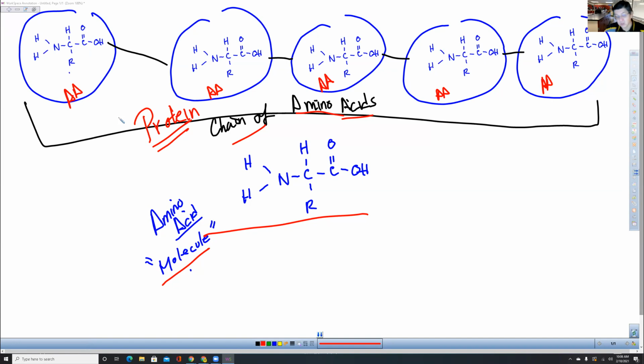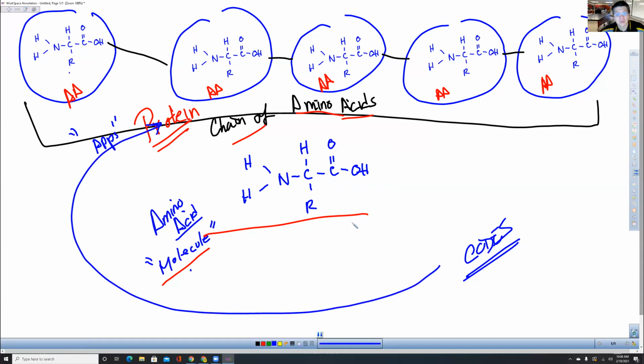We're good? Okay, so now here's the other part, right? We talked about proteins as being what? What do we compare them to in your cell phones? Apps. Apps, right? And so if proteins are like apps, we need codes to build these apps. So cells need codes. And where are these codes going to be found? In DNA. In DNA. Very good.